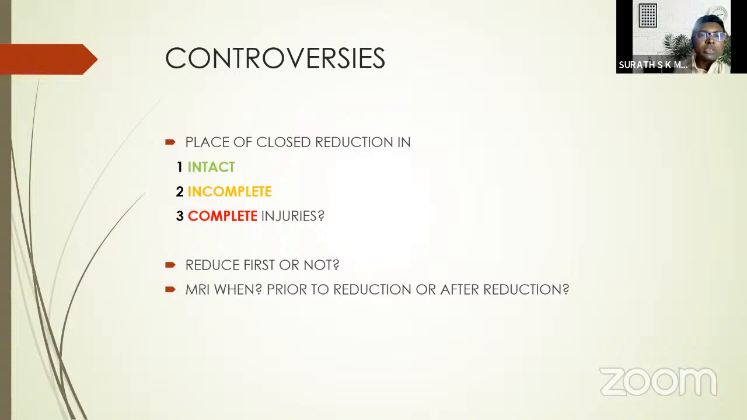Right, so I have selected a few controversial areas. We'll have a very quick discussion on that. First, the place of closed reduction, especially in these categories: when the patient is intact neurologically, when the patient has incomplete neurology, and when the patient has a complete injury. So whether to reduce first or not, and also regarding MRI, when to obtain an MRI, whether prior to reduction or after the reduction. But